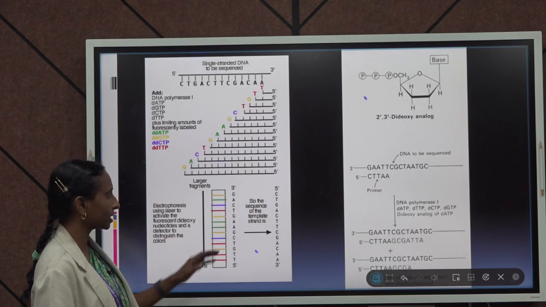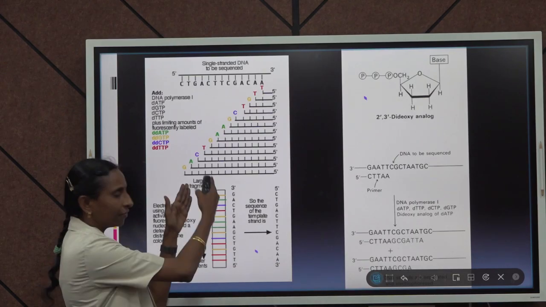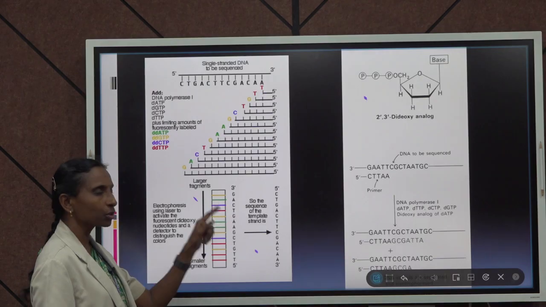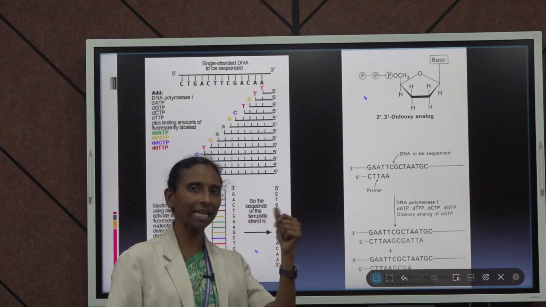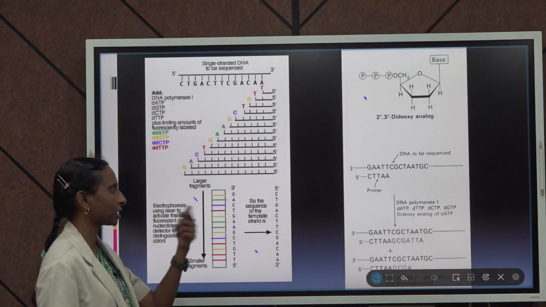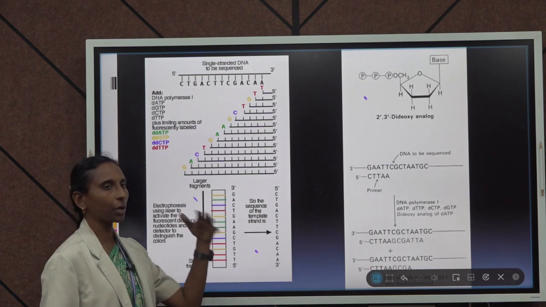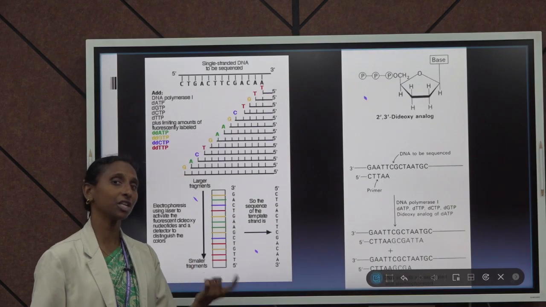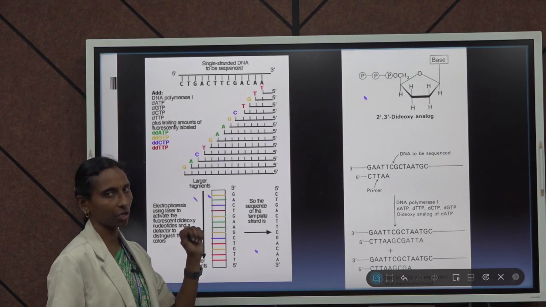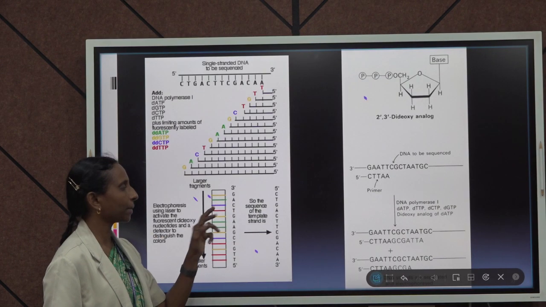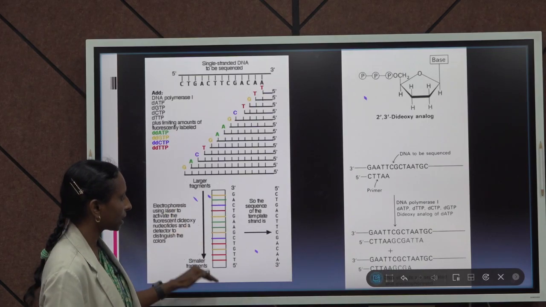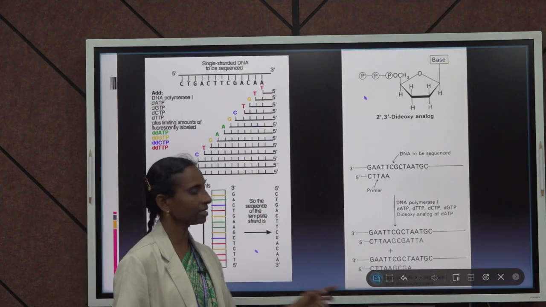Now, in this case, you will see rather than 4 lanes, we are seeing everything in a single lane. The reason being, with each DD-NTP, I have used a specific fluorescent label. So, whenever the product is produced, it will have a different color. In this case, DD-GTP was labeled with yellow fluorescence, DD-ATP is labeled with green fluorescence, and similarly the other two. So, based on the fluorescent color, I will know what nucleotide it is, and I can write